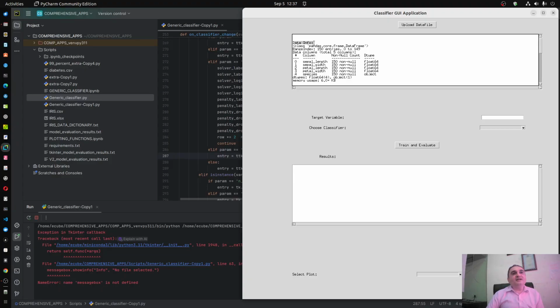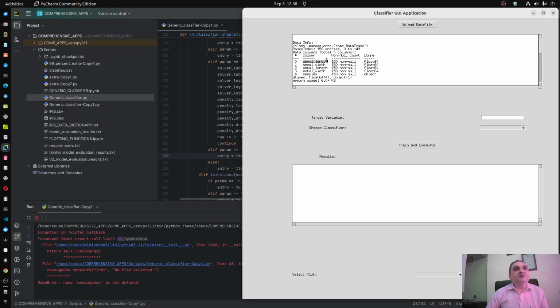Now as soon as the data is uploaded, first of all in the upper window, some statistical summary is displayed, which here I have grayed out in that window. So you can see how many columns there are, how many non-null values there are, and what is the data type of each column. There are 150 entries, and all 150 are non-null. So this is a simple data set in which there is no null value. However, even if there are some null values, you can always do some treatment.